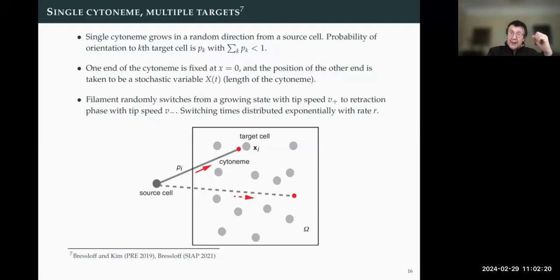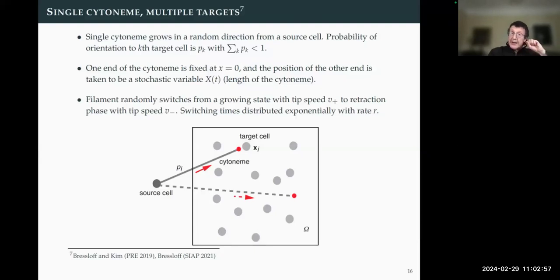So this cytoneme nucleates from the source cell and starts growing in a particular direction. Let's make it more realistic and not just talk about one dimension, but imagine a two-dimensional or three-dimensional tissue with a distribution of target cells. Clearly, each time the cytoneme grows, and of course, there'll be some curvature, which is another twist on this. But for the moment, let's imagine that it grows in a straight line. Sometimes when it chooses direction and grows, it's going to head and hit a target cell. And that will be a success if it reaches the target cell. But other times it will miss. It will grow in the wrong direction.